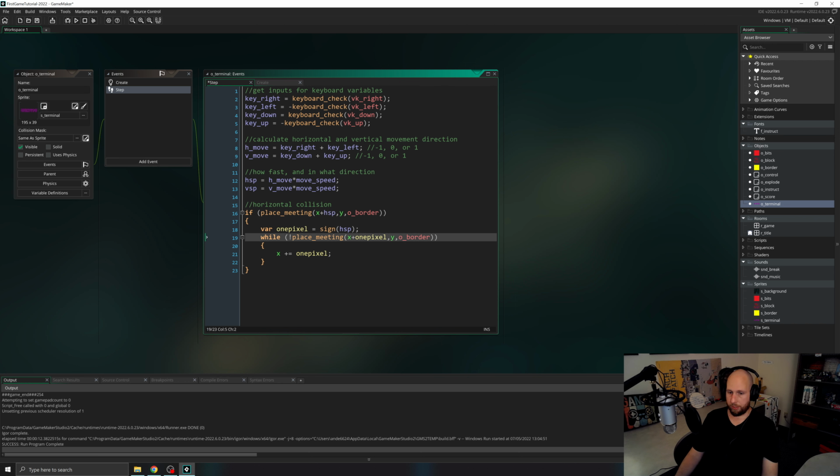So while loops are interesting. They're very valuable. What they do is that they check a statement or a condition, and if this condition is true, it runs this code over and over and over again, all in one frame. So it's easy to get stuck in while loops unless you have some system to get out. So this is a system to get out because this will keep moving our terminal over 1 pixel until it is touching but not overlapping our border object,